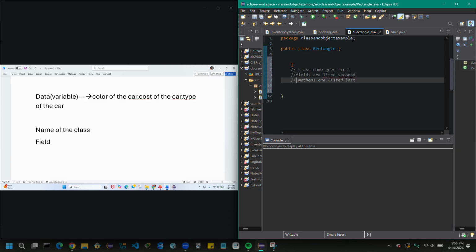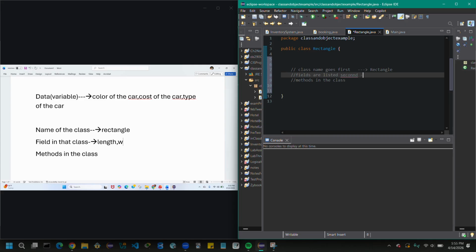fields in that class, and methods in the class. Now, the name of the class is Rectangle. Fine. The fields in that class are length and width. And now the methods would be area of the rectangle